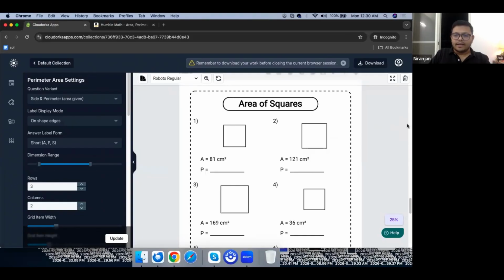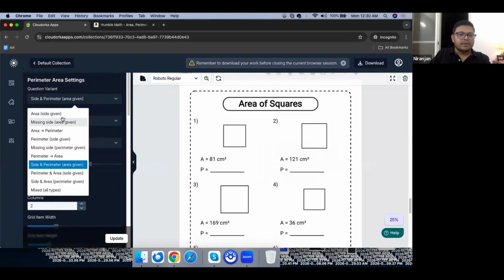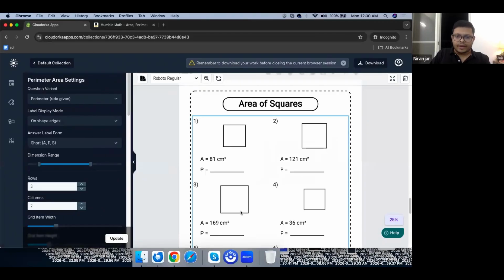But then that's not where we stop, right? What we do is we go ahead and provide the design options to the creator. So you as a creator must have the ability